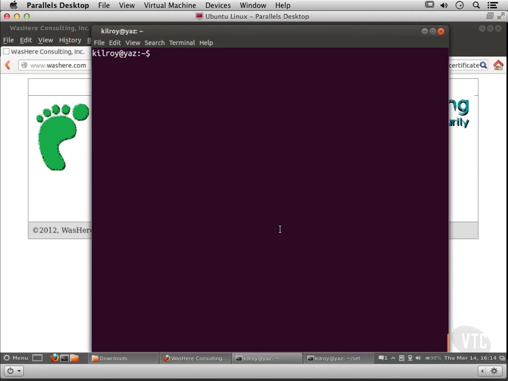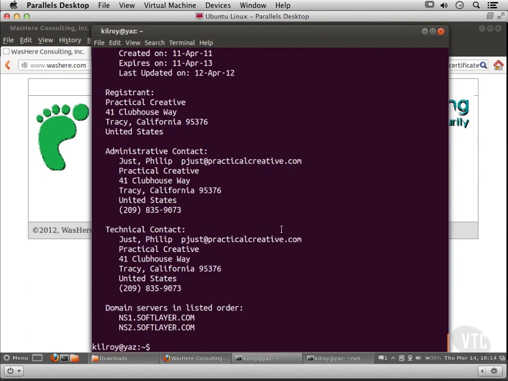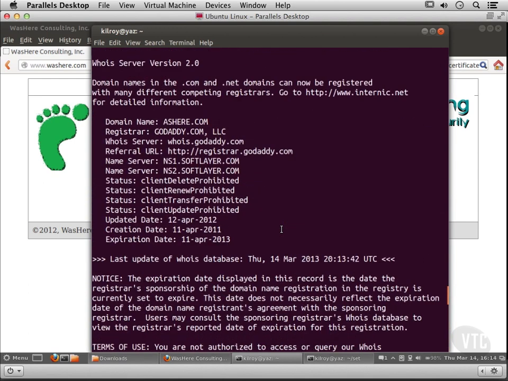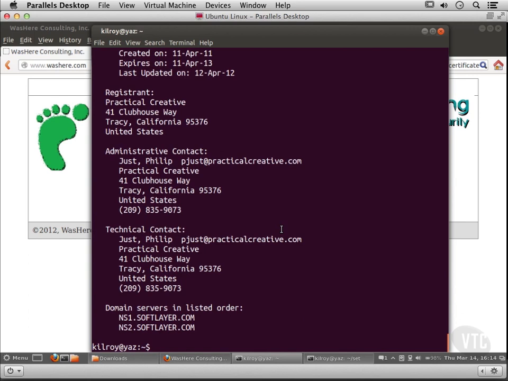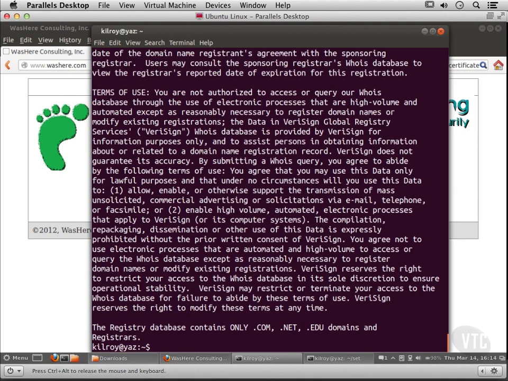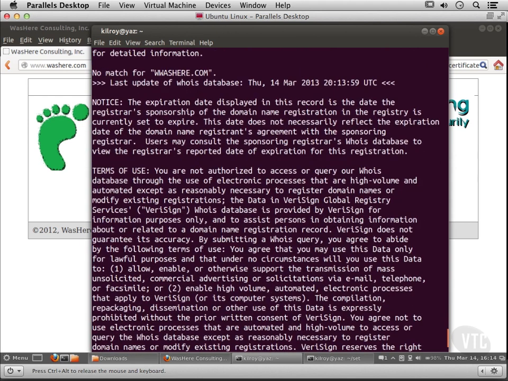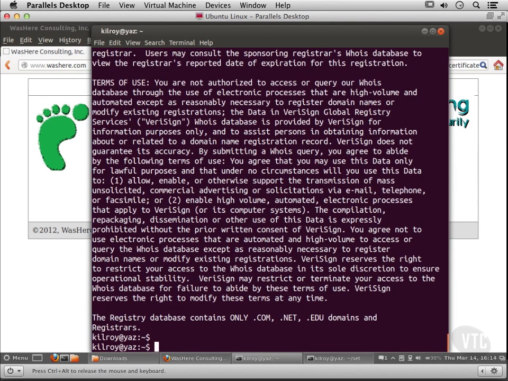So one way of doing that may be to do something like trying to register this particular domain name, and in that case, it's actually not available. So I may need to go get a little bit more creative. So I could do something like this, for example. So that one appears to be available. So I could register www.ashere.com, and then I could set up a DNS entry for